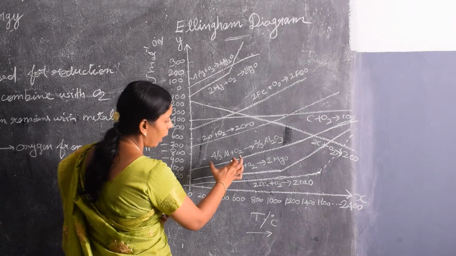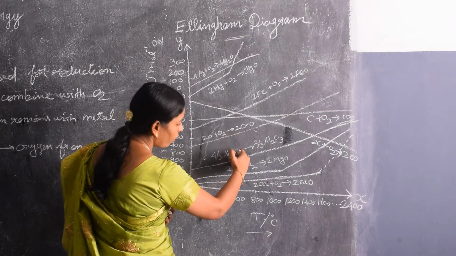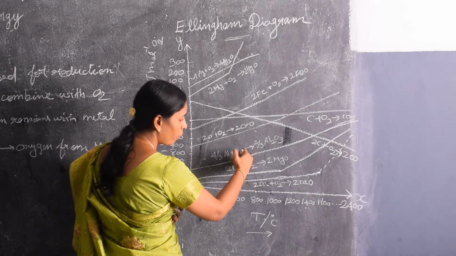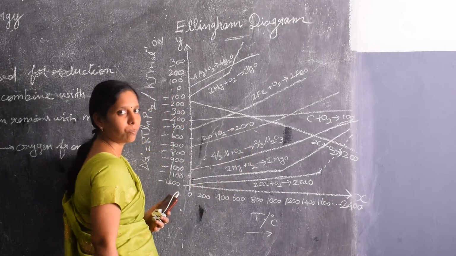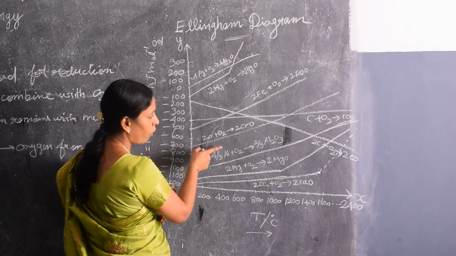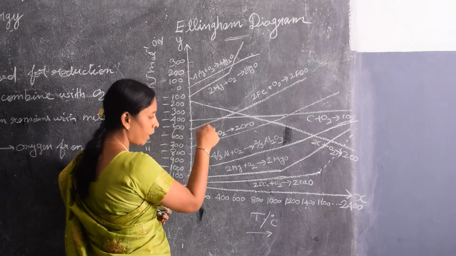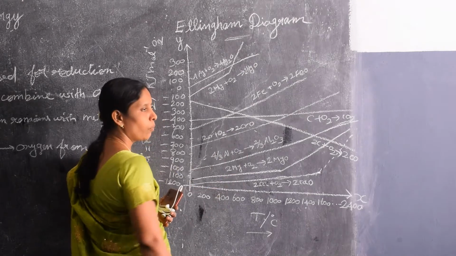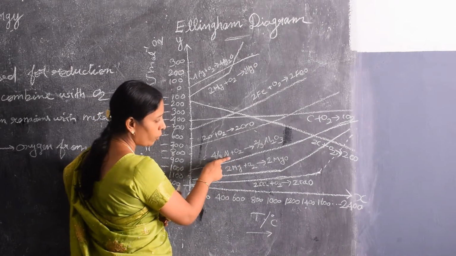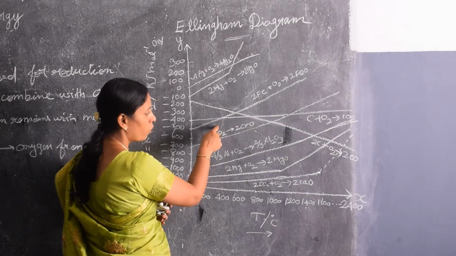Aluminum should occupy the lower position than the chromium, அப்படிதான் இருக்கணும். நம்ம metal oxides reduce பண்றோம்னா metal oxide should be above the position, reducing agent should be below the position. Okay, so here aluminum can be used as a reducing agent for chromium